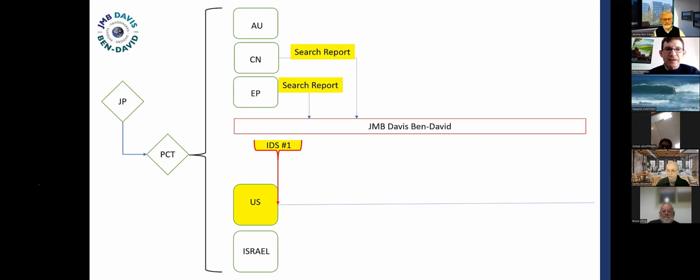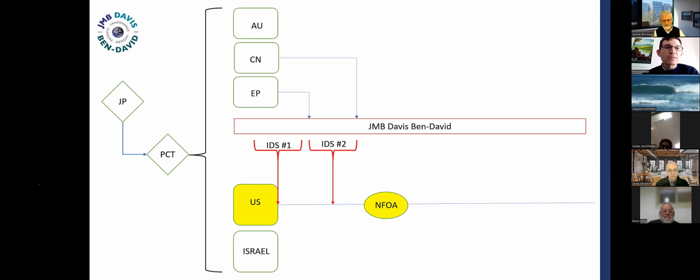After that first IDS is filed, say you get a couple of search reports from the Chinese Patent Office and the European Patent Office. We haven't gotten an office action yet, so we just file them. We don't have to pay a fee, and we don't have to make any certification statements. Then we get our first office action, and examination begins. And then, as sometimes happens, you get another search report. Sorry, I'm mixing up my timeline a little bit. You've got this search report from the Chinese Patent Office after the filing of the second IDS.